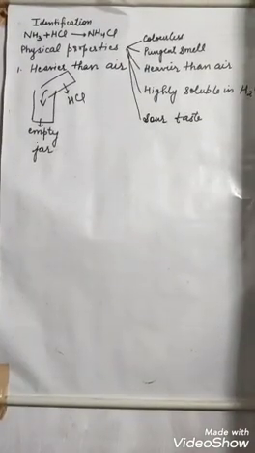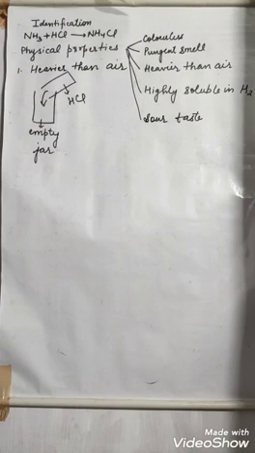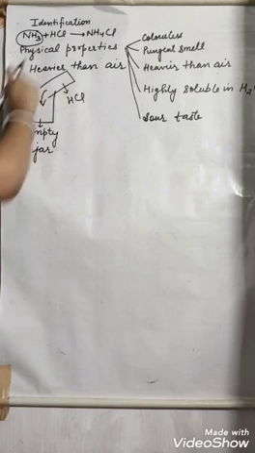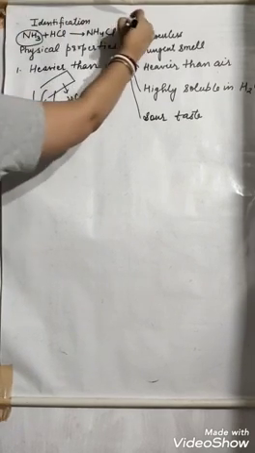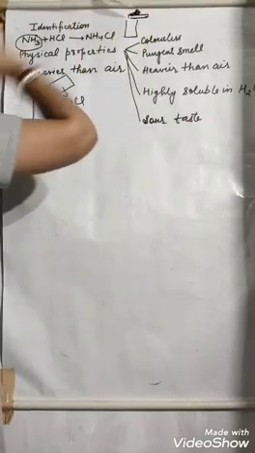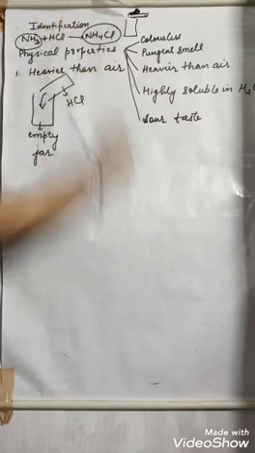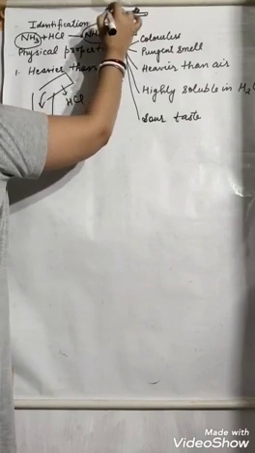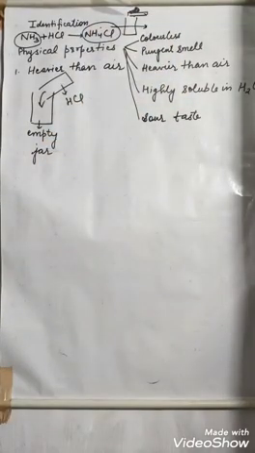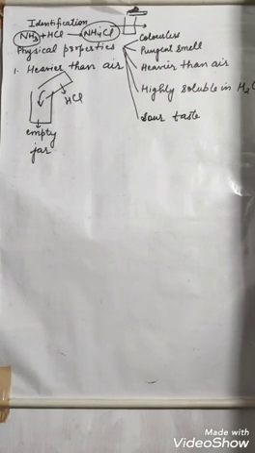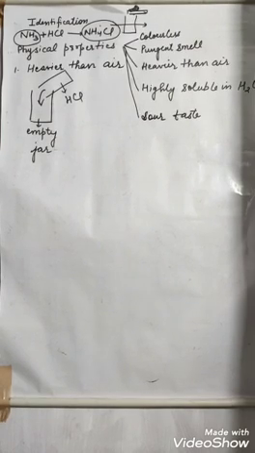Now, how can you identify that the gas that has been evolved is HCl? A glass rod dipped in ammonia will be taken over HCl. Suppose this is your test tube and this HCl is there. So a glass rod dipped in ammonia, you will take over it. Here you will see dense white fumes of NH4Cl. All right, so this is the identification point. And NH4Cl is a compound that contains all three types of bond, as I told you in chemical bonding: coordinate bond, covalent bond and electrovalent bond.